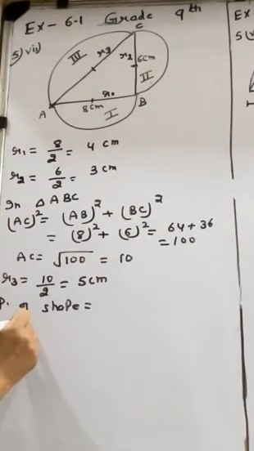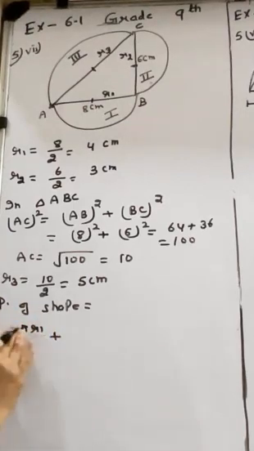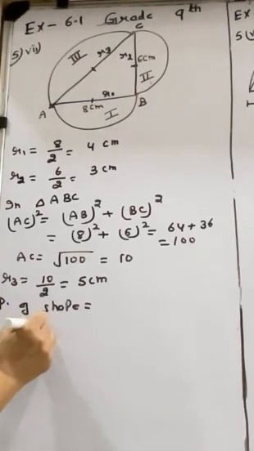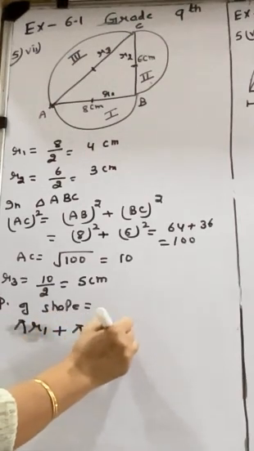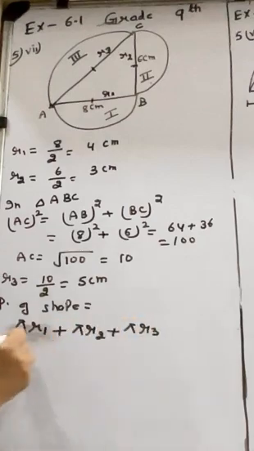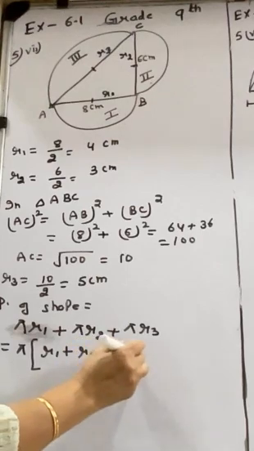So if I talk about the perimeter of the shape, what will be the perimeter of the shape? Again they are semicircles, right? So 2 pi R1 divided by 2. If you want direct, you can use pi R1 and don't write by 2 because we know the perimeter of the semicircle is pi R1. Second one will be pi R2. Third one will be pi R3. Can I take pi common? Yes.